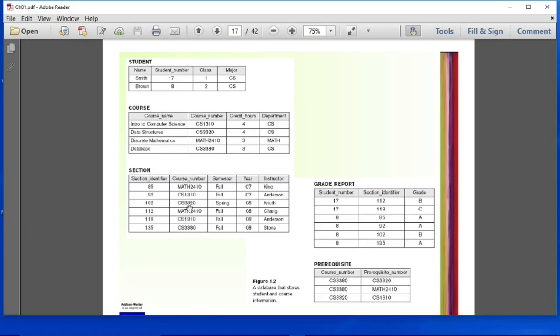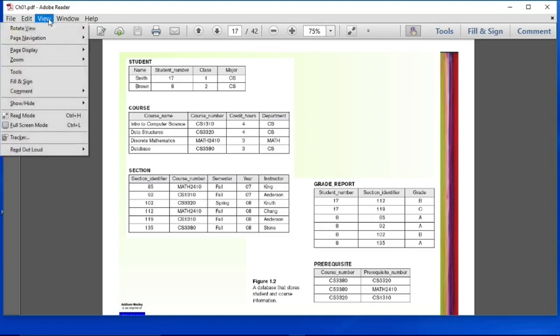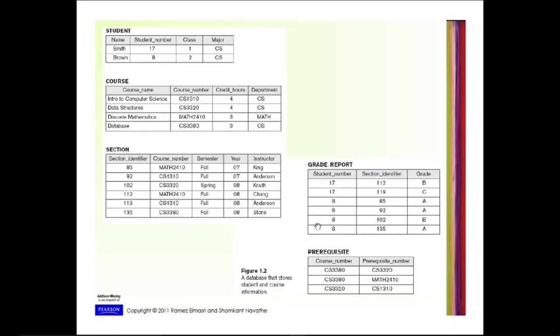Then we have the section file. This section file stores data on each section of the course. Then we have the grade report file, which stores the grades the students received in various sections they have completed, and the prerequisite file.